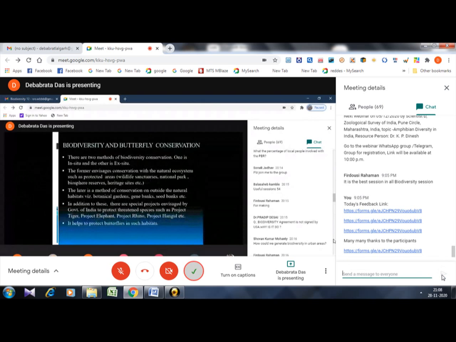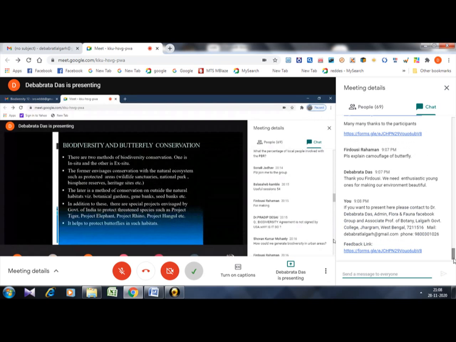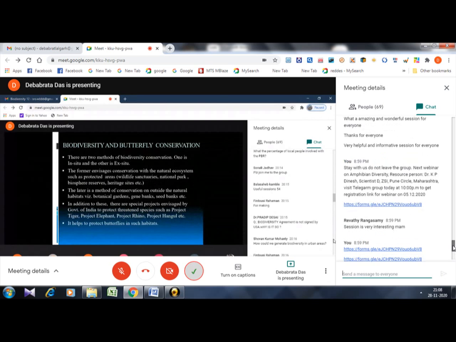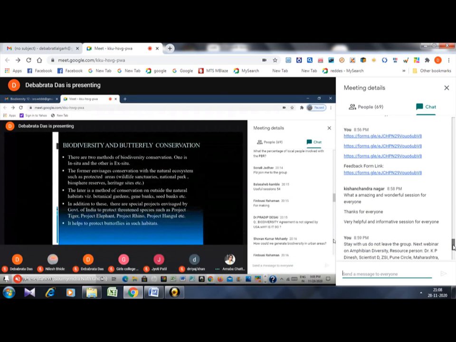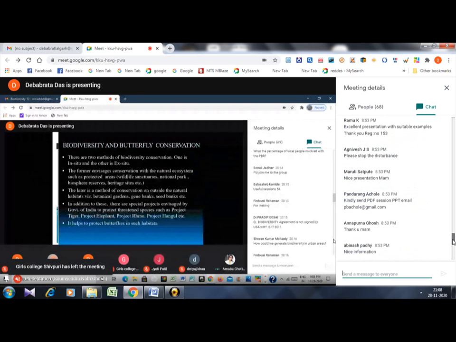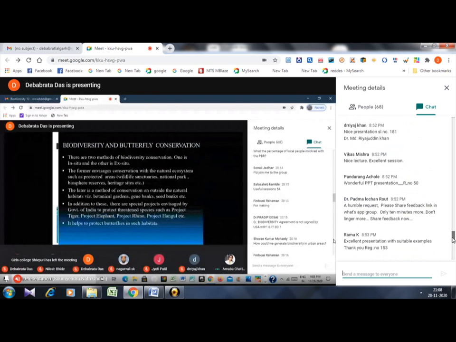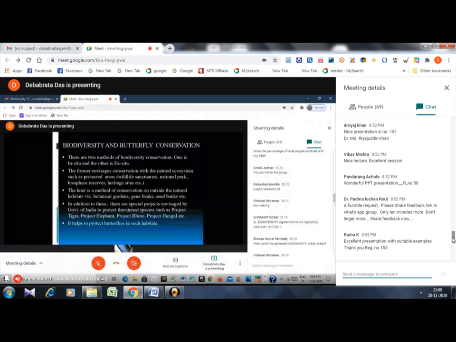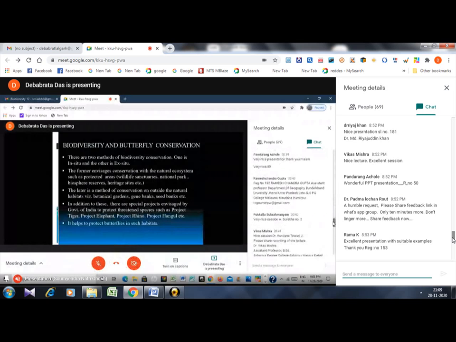Now we come to butterfly conservation. We know about conservation, right? Protecting an organism and making good use of it. Not only an organism, anything: protecting anything and making good use of it. Conserving and preserving are different. If anyone says that killing a butterfly and keeping it in a museum is conserving it, that is wrong. Conserving means you have to protect the animal alive and get good use from it. Preserving is different.